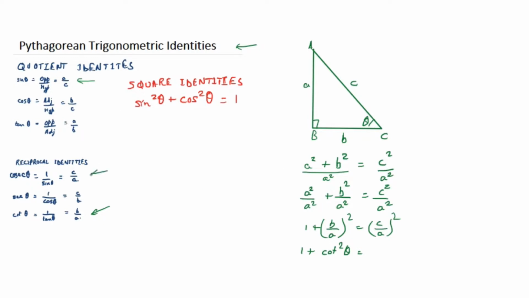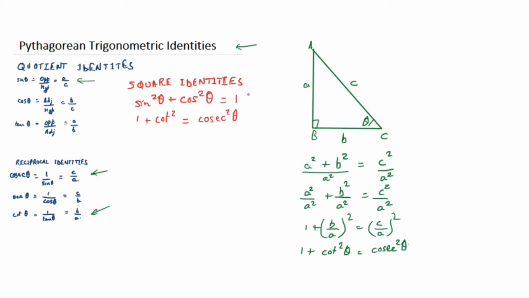C over a is here, which is cosecant theta or cosec theta, so I can write it as cosec square theta. So that gives me the second identity, that 1 plus cot square theta is equal to